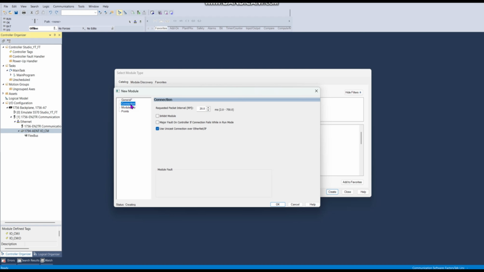It's okay. For connection you can use packet interval, connection RPI, inhibit mode, and the same setting: major fault on controller if connection fails while in run mode. Use this information and points, how many points you are going to use. Okay,